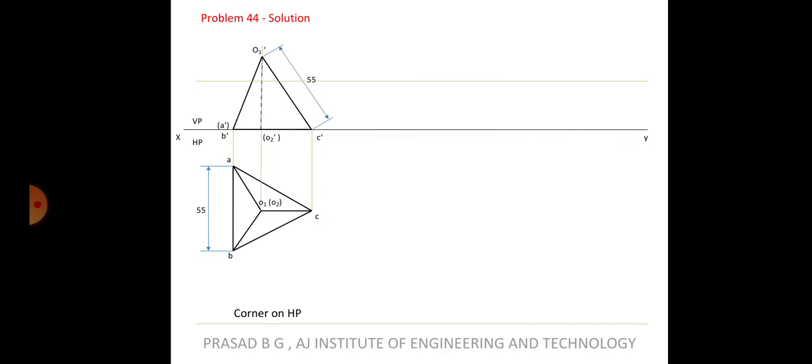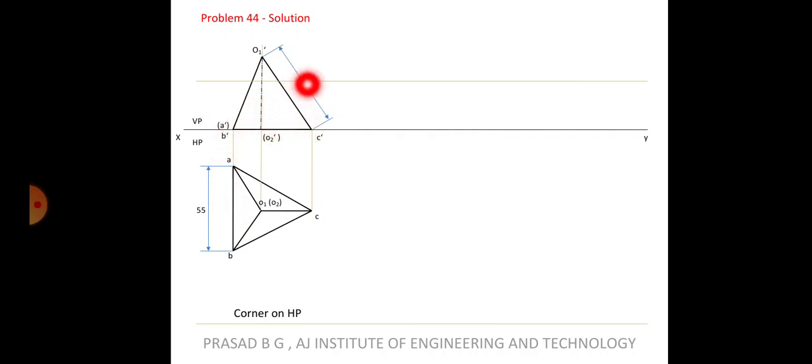Now we have to see the second condition. They have said the edge containing the corner. Which is the corner on which it is resting now? Suppose I tilt it towards my right, it will rest on corner C dash, right? If I tilt it towards my left, what will happen? It would rest on AB. That means it is resting on the edge, which becomes wrong. It's given in the question that it is resting on the corner.